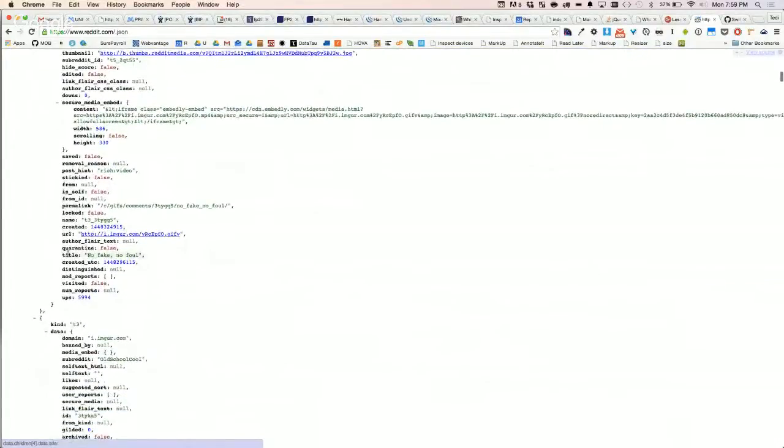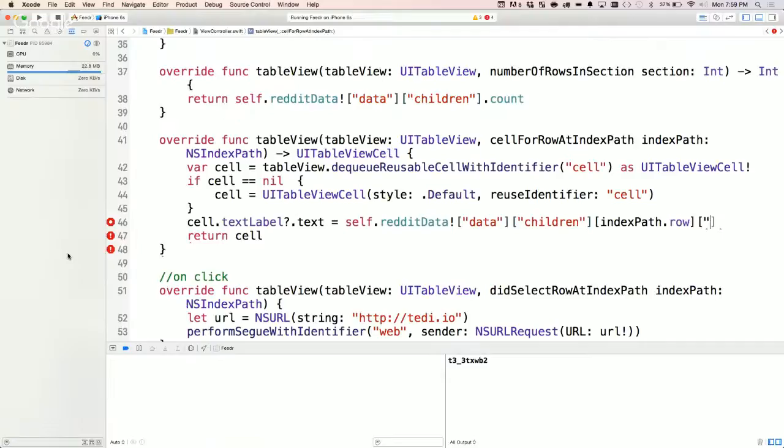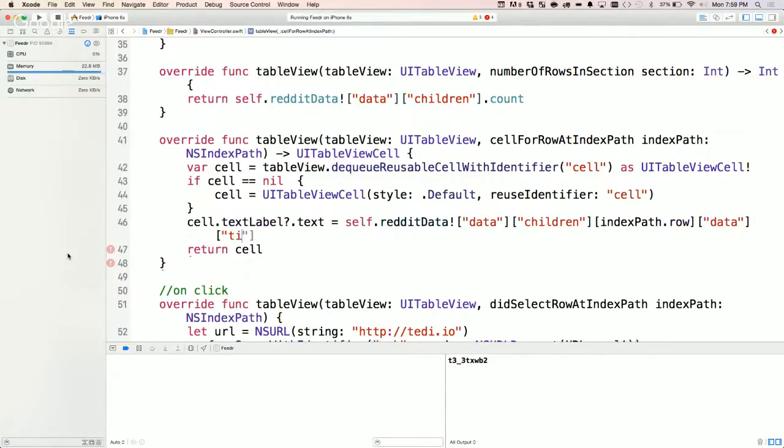Title, right? So if you look at the URL at the bottom, we're data, children, the number, which is index path, data, and then title again, right? So data, title. But why would it be after your index path row? Because children and the number, so if you go over title here, you see that number over here is 4,